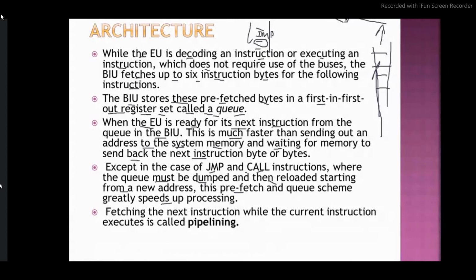इन जनरल प्रोसेसिंग अगर आपको इंस्ट्रक्शन ऑलरेडी रेडी मिल रही है प्रोसेसिंग करने के लिए एंड देन फिर आप उसको ALU को दे रहे हो विच इज इन एग्जीक्यूशन यूनिट, तो जनरल केस में दिस प्रीफेच एंड गिविंग रेडीमेड इंस्ट्रक्शन टू ALU फॉर प्रोसेसिंग इट स्पीड्स अप द प्रोसेसिंग जनरली। लेकिन इसका एक्सेप्शन क्या है? एक्सेप्शन है सिर्फ 2 ही इंस्ट्रक्शन, जंप एंड कॉल। जब आप जंप इंस्ट्रक्शन यूज करोगे,